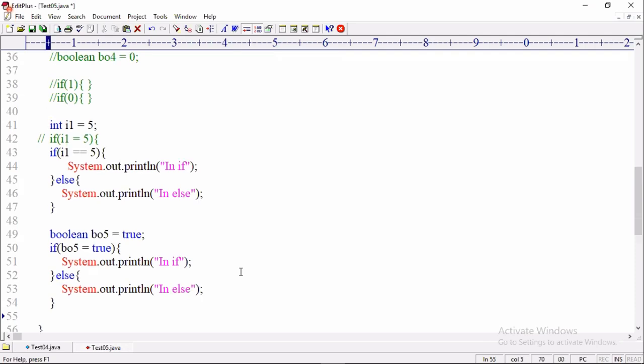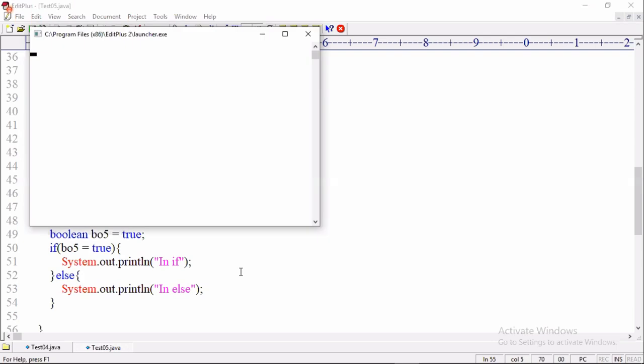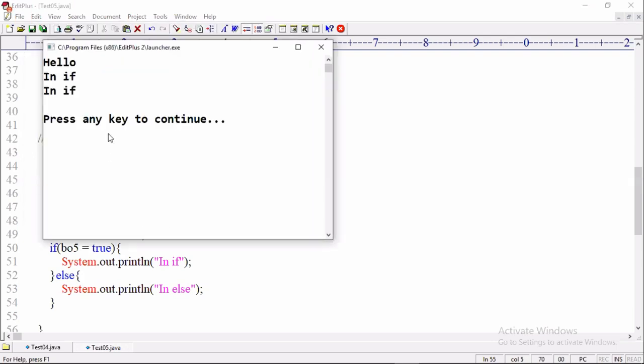Tell me, what is the output? Compile time error? No error. Output is in if will come. Compile, execute. In if.